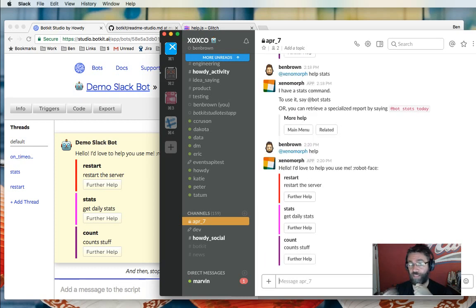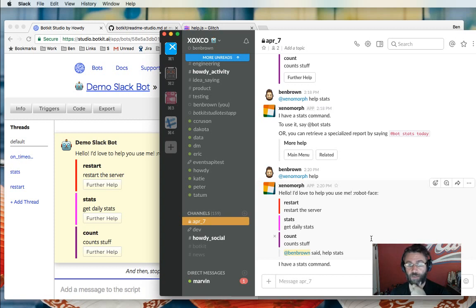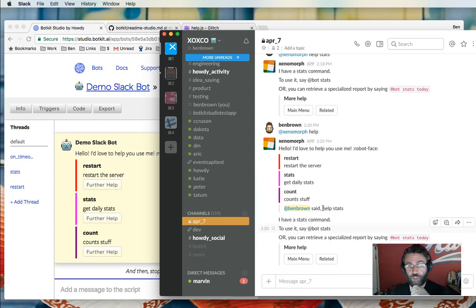I'm going to get my default thread, and then when I click further help, two things happen. First, the message that included the buttons is updated, and instead of the buttons, I will now have a message that indicates that I said help stats. And then the bot will act just as if I had said help stats and continue with the help stats command. So now the user didn't have to even type anything, and they were able to continue navigating through the